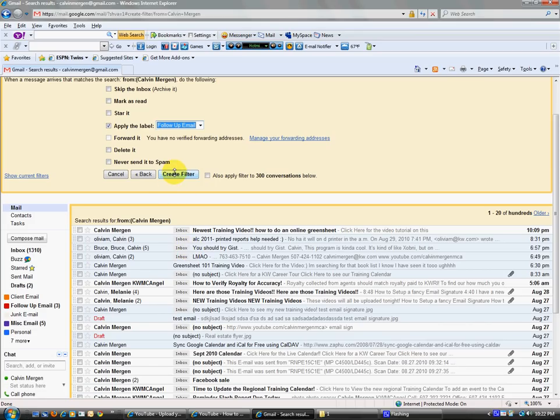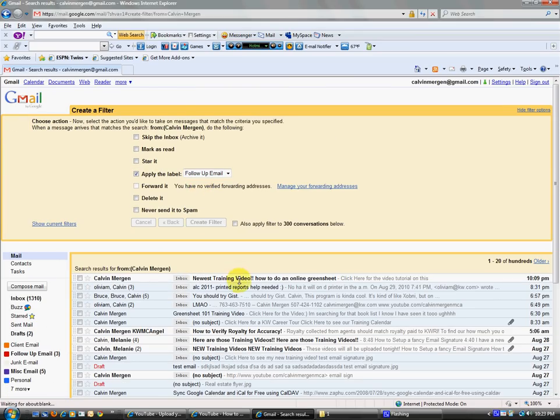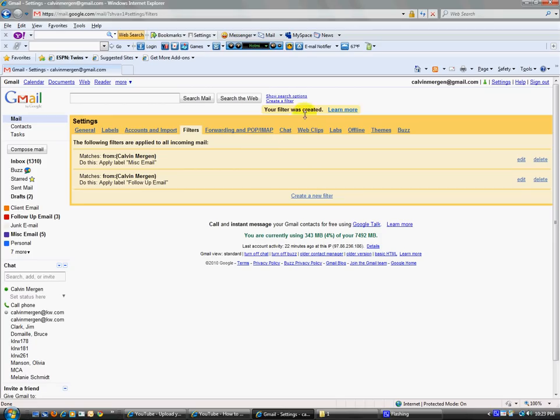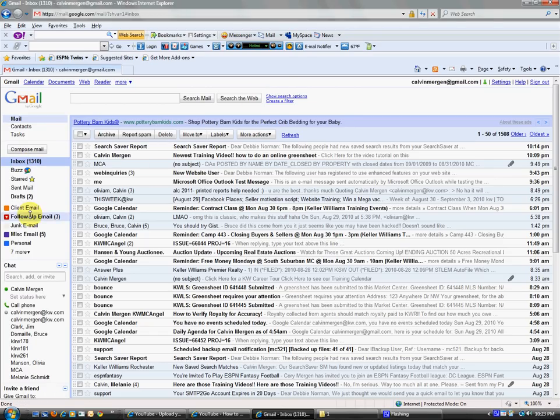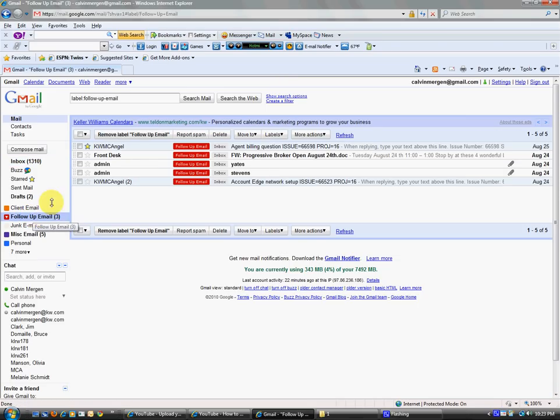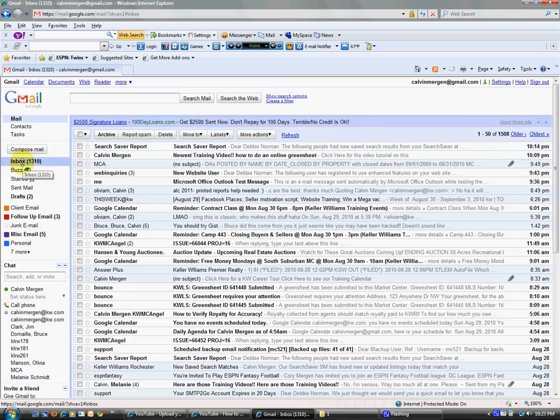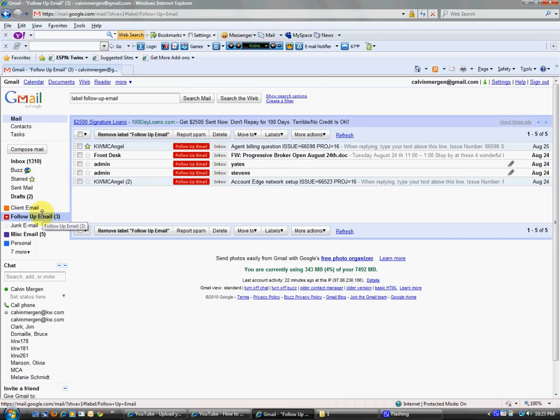So I will click on create a filter, and it says loading and it says good to go. So now any future emails from Calvin Mergen will go into my must follow up email box. It will also go to my inbox, but it will go in here as well. So that is a quick way to set up a filter, and I will also create a video